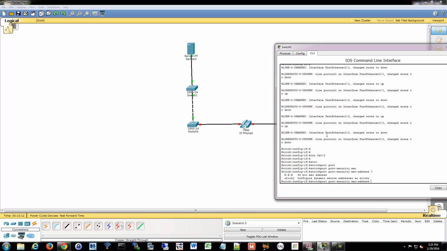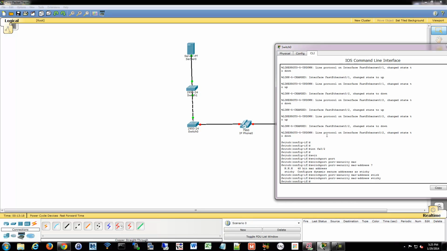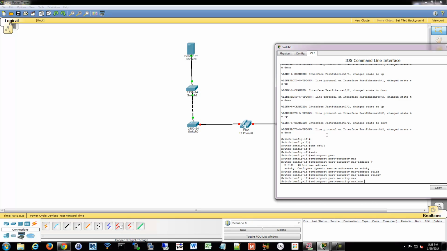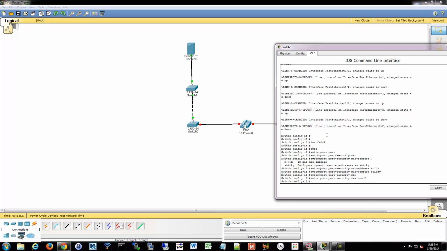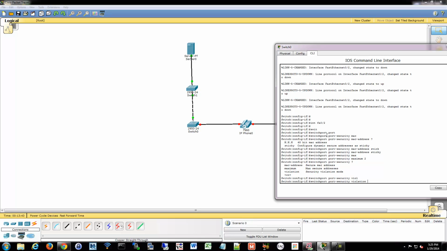So we're going to say on this port, we're going to turn on sticky. So what sticky will do is save to the running config. And then we're going to say a maximum of 2. So I only want to see 2 MAC addresses on this port at one time. We can also set the violation. So if you take a look there, we've already done 2 out of the 3 commands. You can also do